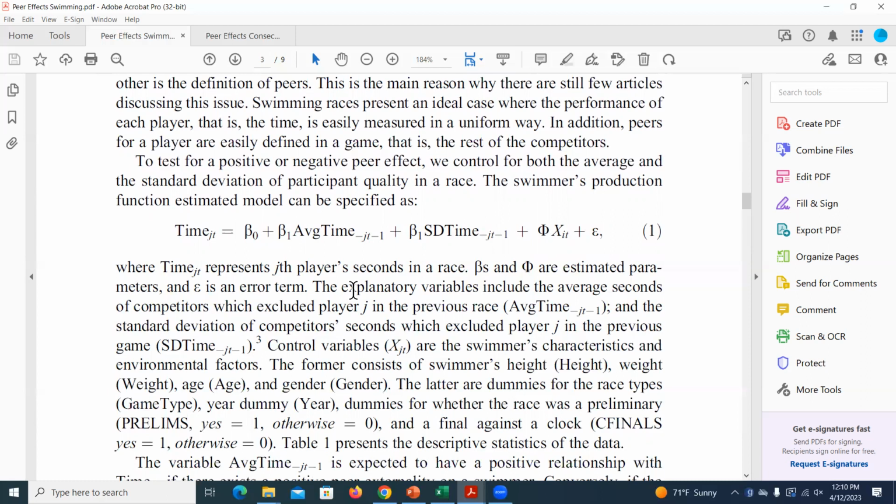This is a little bit tricky. So think about what's better to do in swimming. If you're trying to win, you actually want a lower time. Okay? So if my peers, we still interpret our coefficient as a 1 unit increase. So if my peers get on average 1 second slower, if there are peer effects, what do we expect the sign of that coefficient beta 1 to be? So my peers are getting slower. If there are any peer effects, my performance would